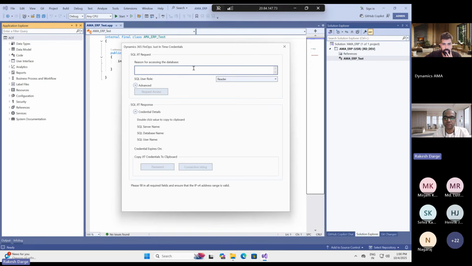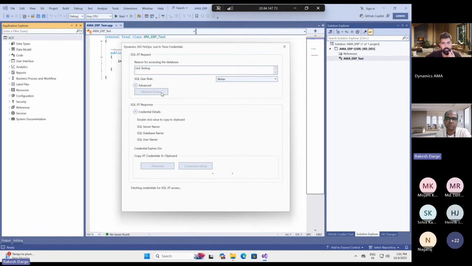So if I want to connect to my SQL DB, where I need to validate the information that I have locally, so I'll say for my unit testing, and I can say I need write privileges, say request access.